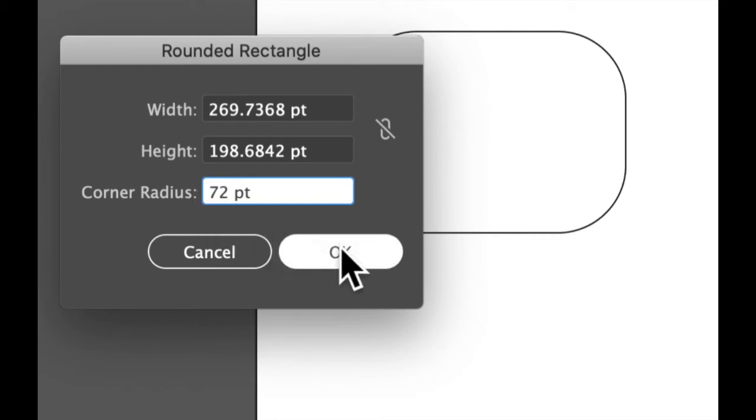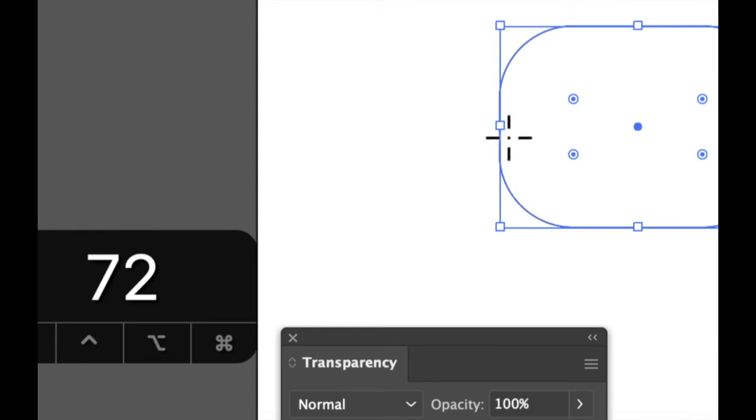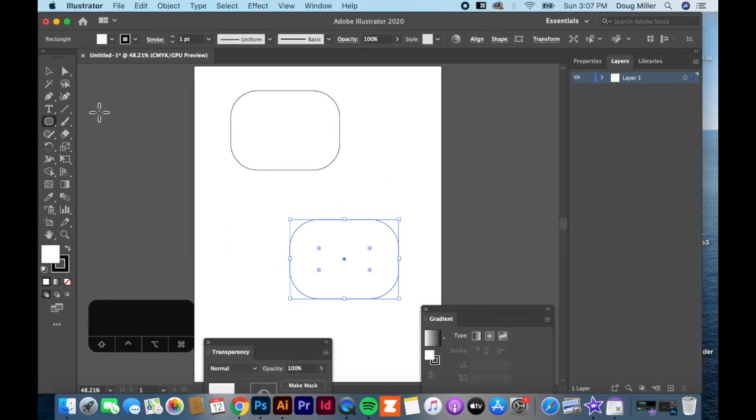So if I typed in 72 right here and I clicked, now when this prints, it would be a 1 inch radius. So the distance from this point to anywhere on this arc is 1 inch. Okay. That can also be done